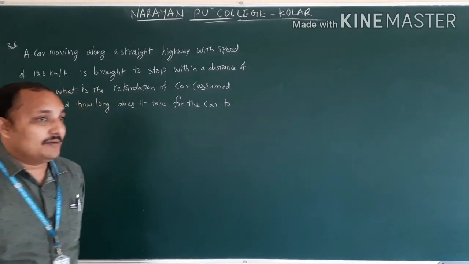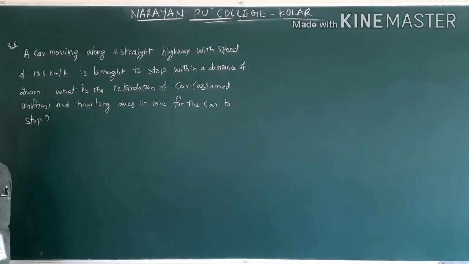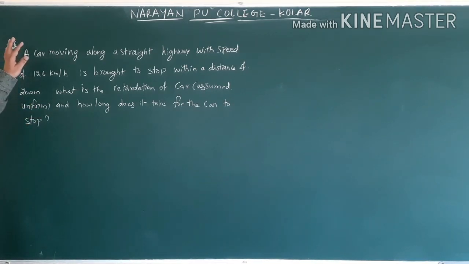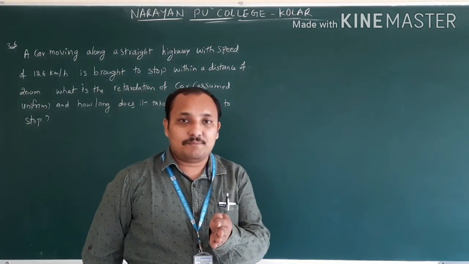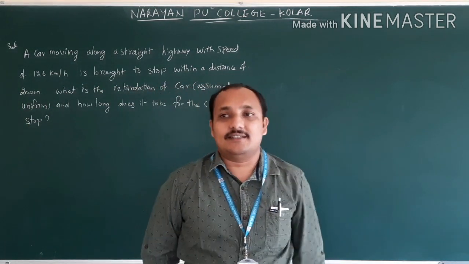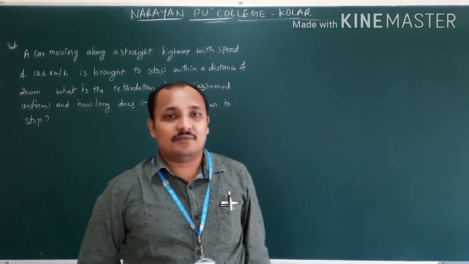We are discussing problems on equations of motion. This is question number 3.6. 3.5 is based on the concept of relative velocity. So that is the last concept, PU concept of this lesson. So therefore we need to give that one.